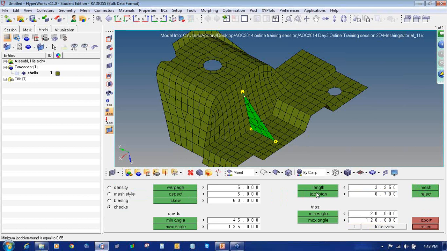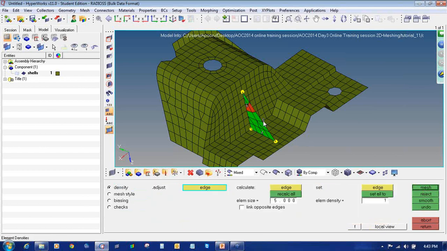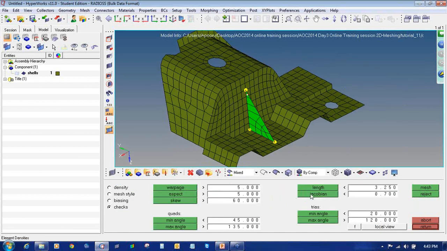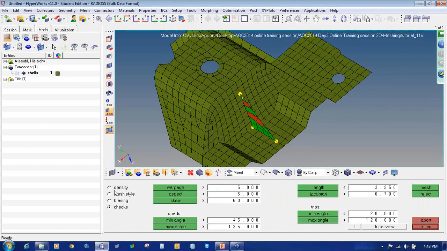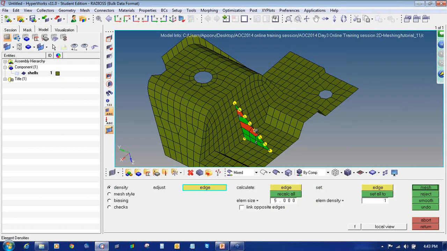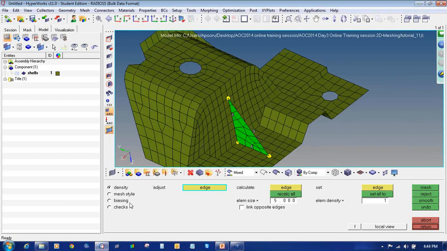And check the Jacobian value. Still it's showing 0.65. So I will change the density here. Again I will check it. Again I will change some of the densities like this.